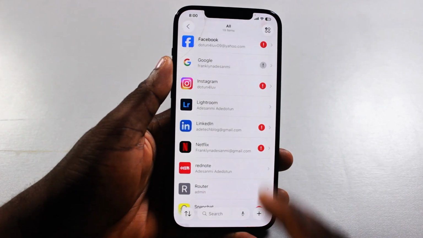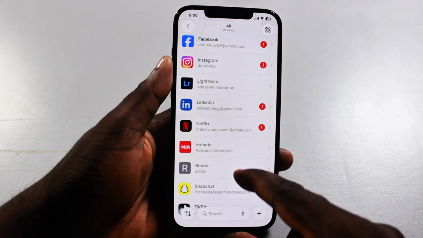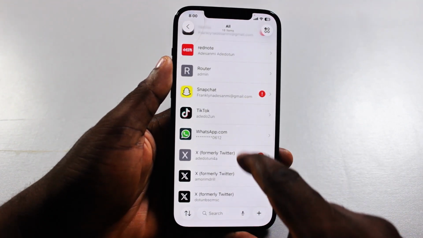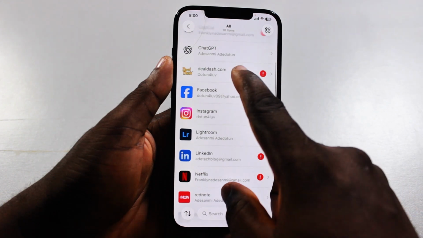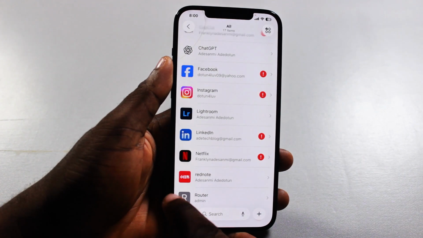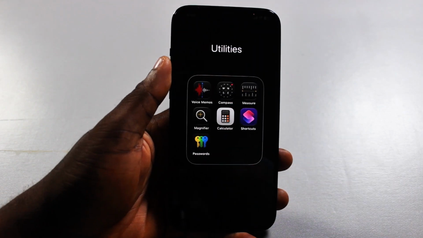Then confirm delete. Repeat the same thing on all other passwords you want to delete on your iPhone. Press and hold and then click on delete. Delete, and that's it. So that's exactly how to delete